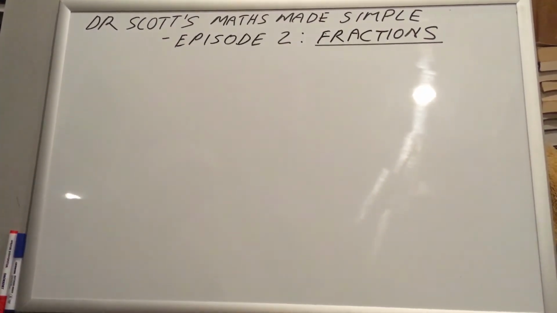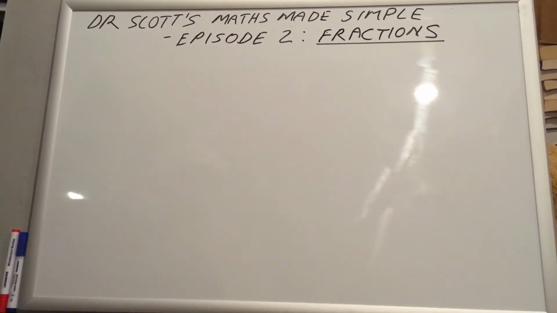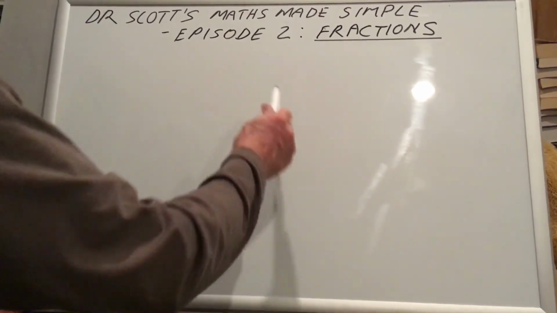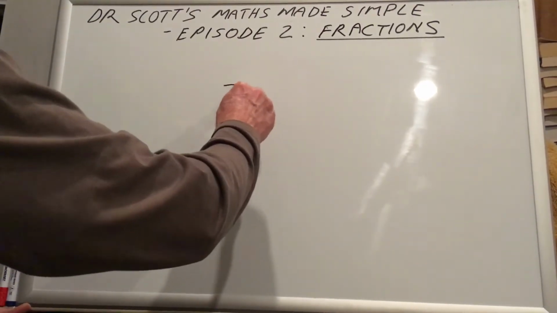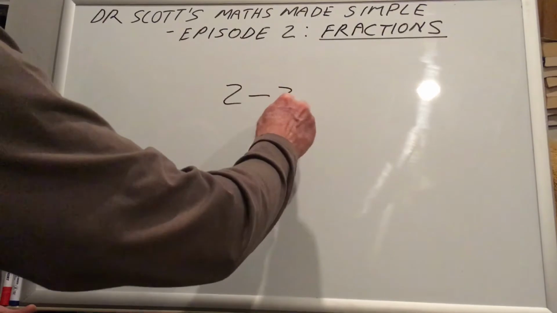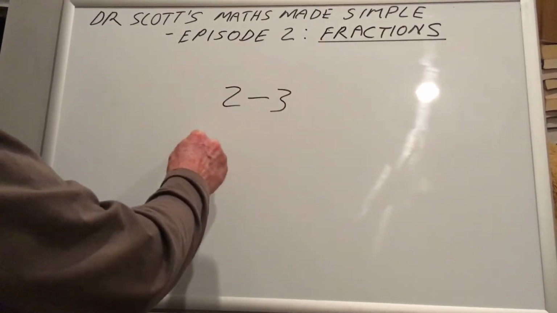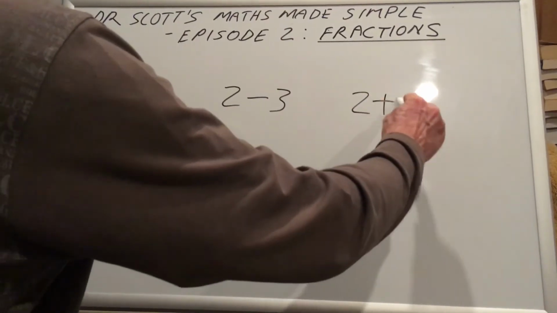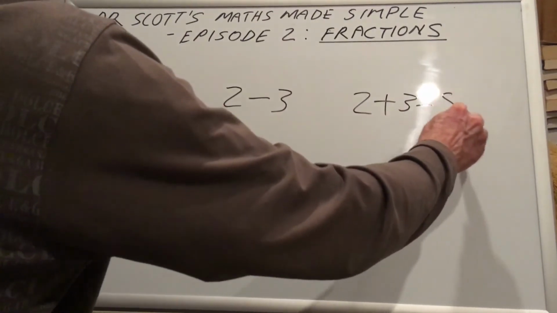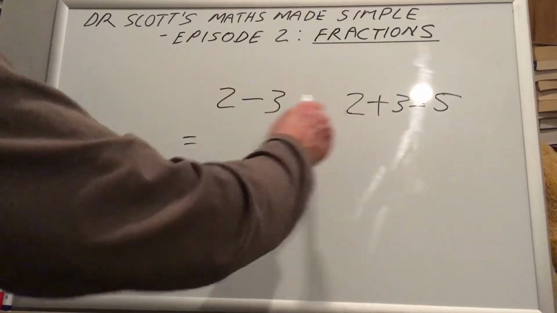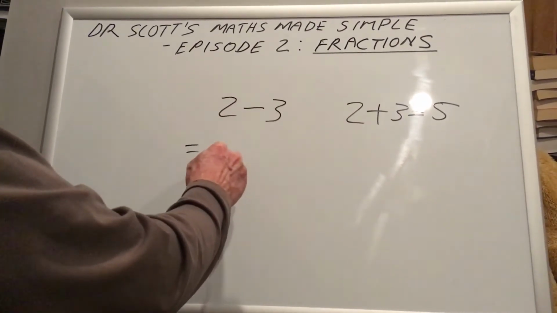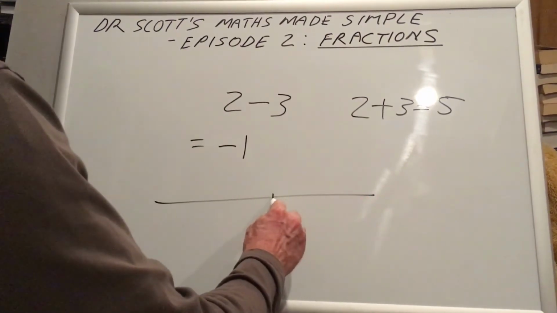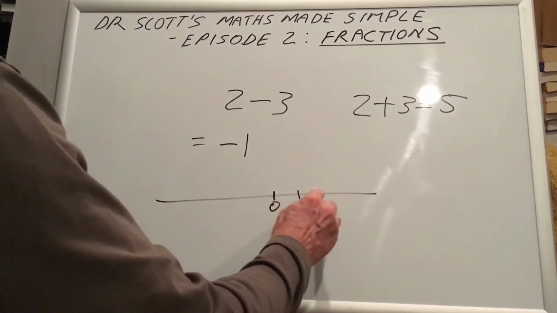I'm just going to show you something slightly different just so you can think about it. What's 2 minus 3? What does that equal? Well, we know that 2 plus 3 equals 5. 2 minus 3 actually equals minus 1, because on the number line, if we've got 0 there, and 1, 2,